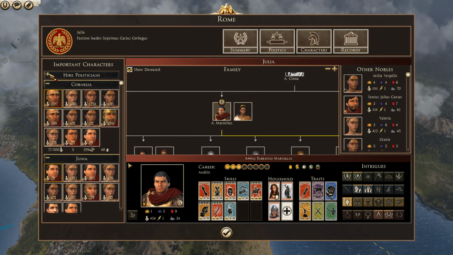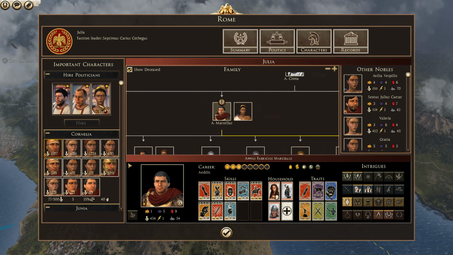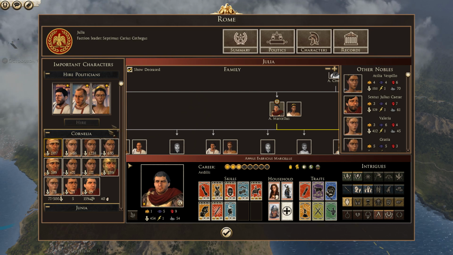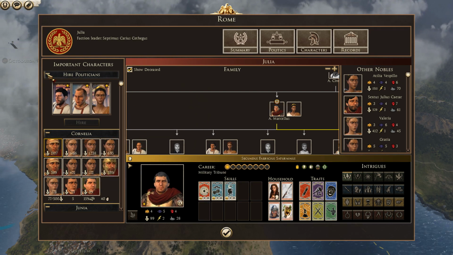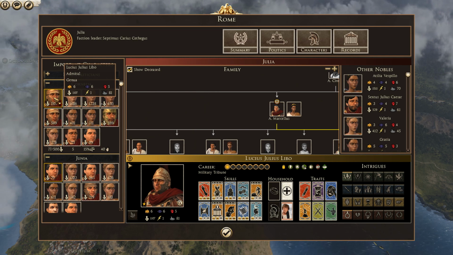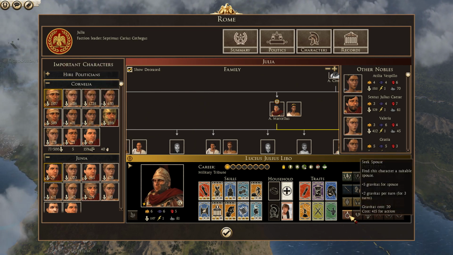What I would like to do is hire a politician, but I can't get the politician I want. I want a plebeian. They're all Cornelia. Cornelia is a big enough family as it is already. So what I'm going to do is make sure all these guys are... Oh, you're not married. You're 81. You probably won't be around for a little while, but actually if I marry you...